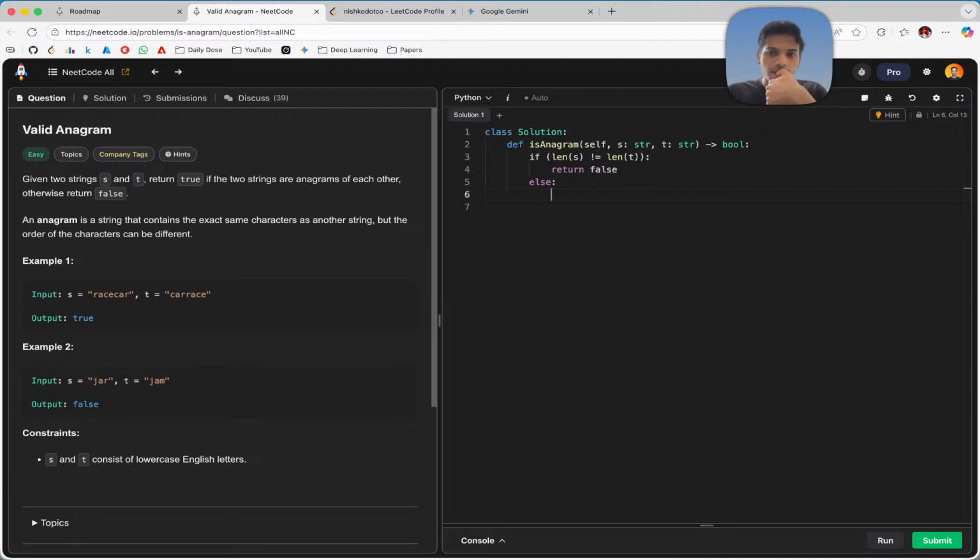Else... how should I take this? I have to store the hash map. So one time I have to do a loop, and then